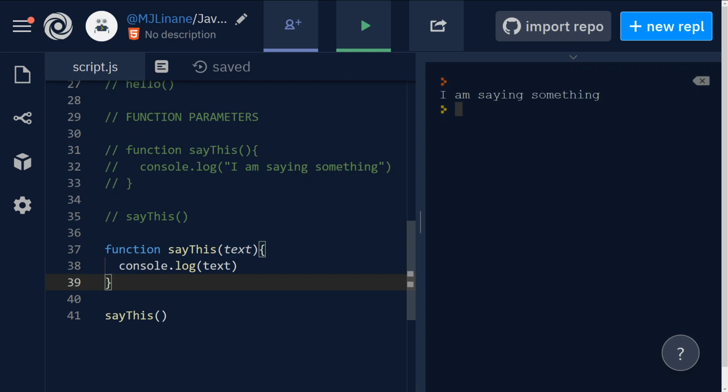What this is, function say this and text. And we're going to console log that text. So what this becomes is a placeholder. It becomes a variable that we don't have to define with var, let, or const. And we see that it's going to be used here. So click run. And we see that it's undefined, meaning that inside here, when we wrote say this on line 41,